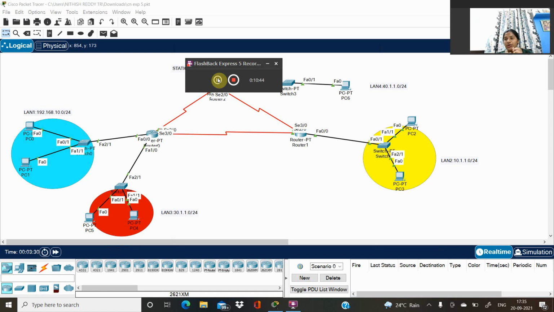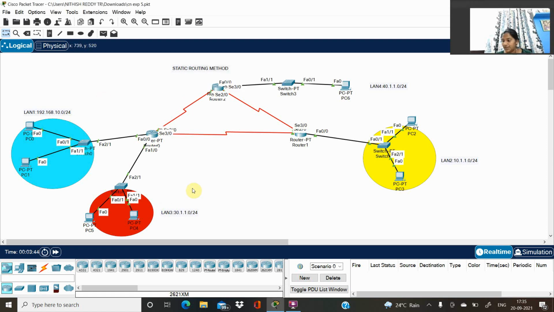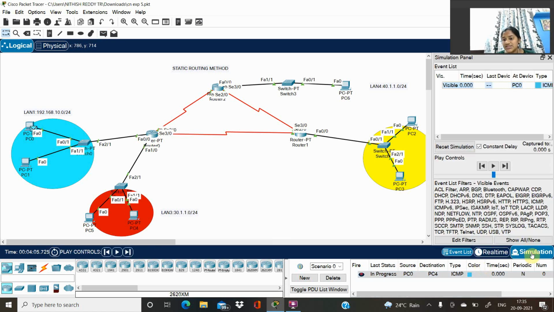As I said, here we don't need to do the configuration in router 0, because both are connected to the same router. Now let's ping from PC0 to PC4. Let's check first in real time mode. I'm sending from PC0 to PC4 and it is showing successful. Now let's check this in simulation mode.